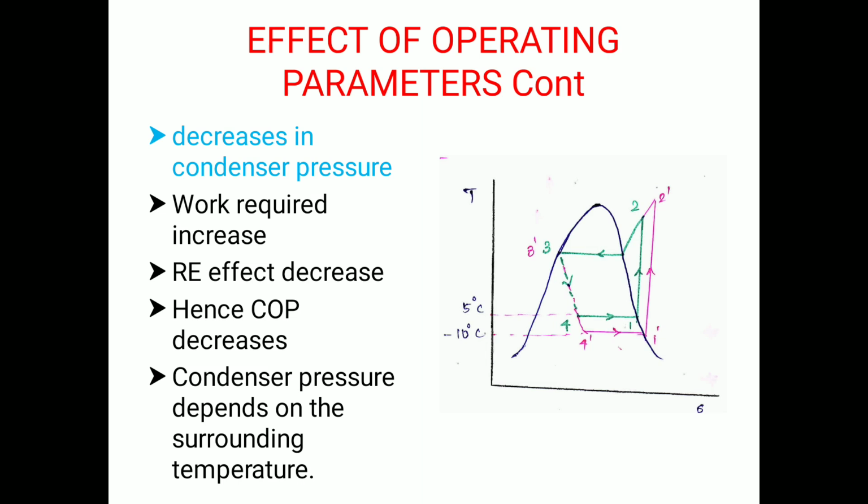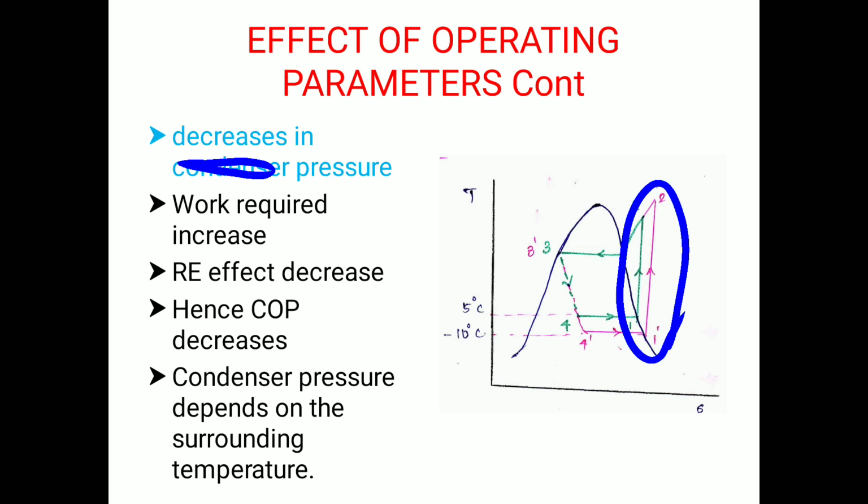Actually, there is one correction, this is not decrease in condenser pressure, this is decrease in evaporator pressure. So if you decrease the evaporator pressure, what will happen? The work required is increased. You can follow this pink line. Green one is the ideal one. Compared to the ideal one,